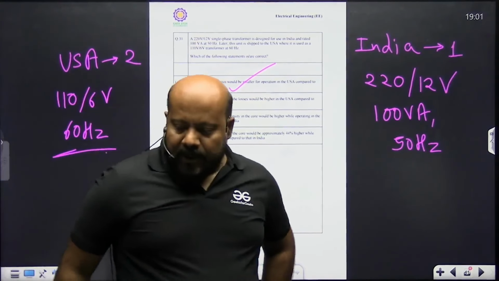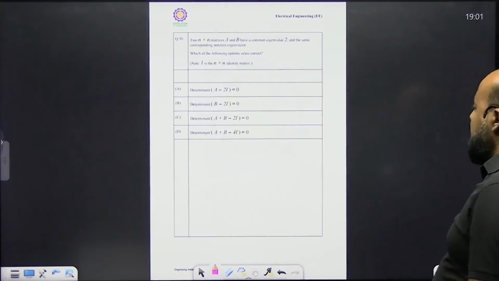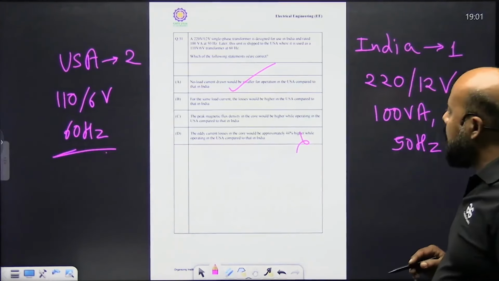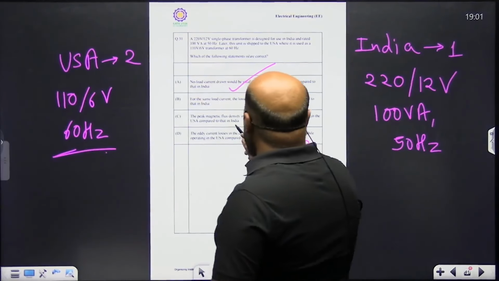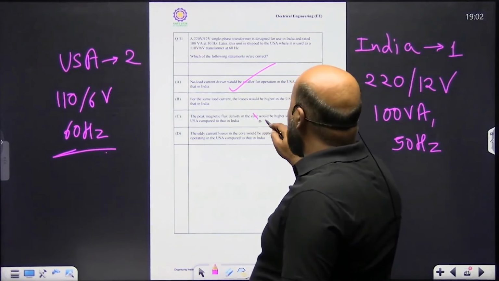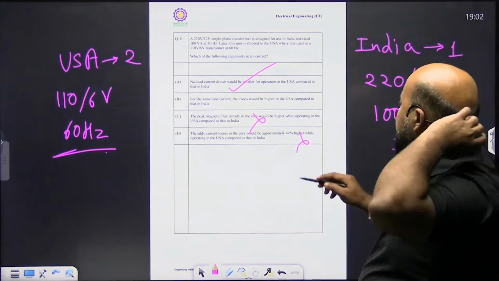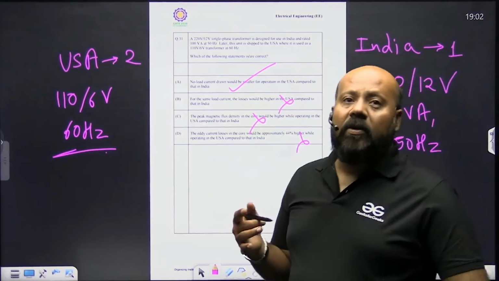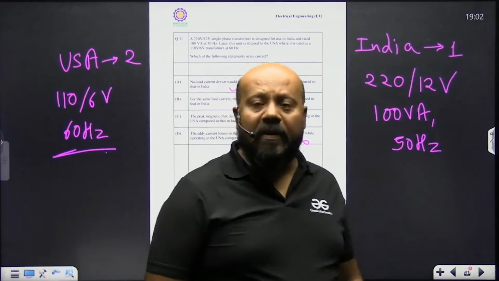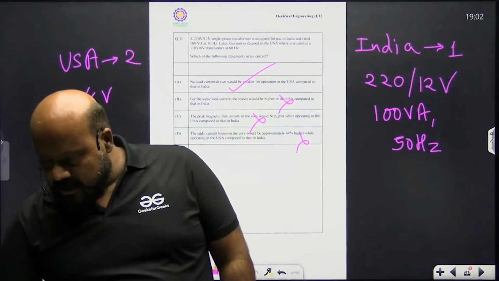ठीक है। तो ये एमसीक्यू क्वेश्चन है, एमएसक्यू नहीं है। तो ये 44% वाला गलत है, क्योंकि हमने जो निकाला है उसके हिसाब से अगर आप देखोगे तो ये तो 4 टाइम्स आ रहा है सीधे, तो 44% कैसे हायर हो सकता है, ठीक है। फ्लक्स डेंसिटी की अगर मैं बात करें, द पीक मैग्नेटिक फ्लक्स डेंसिटी इन द कोर वुड बी हायर व्हाइल ऑपरेटिंग इन द यूएसए, ये तो गलत है। फॉर सेम लोड करेंट द लॉसेज वुड बी हायर इन यूएसए कंपेयर टू दैट इन इंडिया, ये भी गलत है, क्योंकि जो कोर लॉसेज हैं वो इंडिया में ज्यादा होंगे, तो वो भी गड़बड़ है। तो इसका जो सही आंसर है वो ए हो जाएगा। अब नेक्स्ट वाला क्वेश्चन देखो